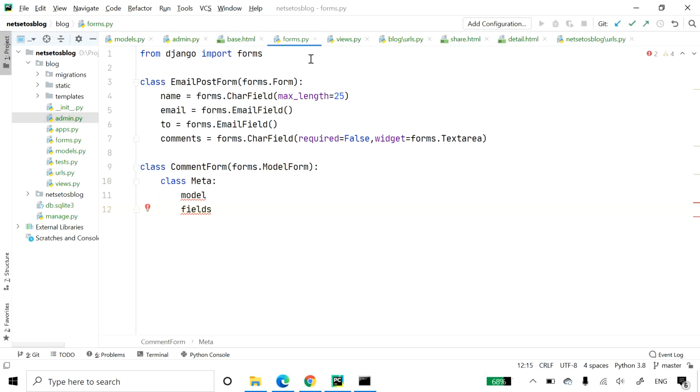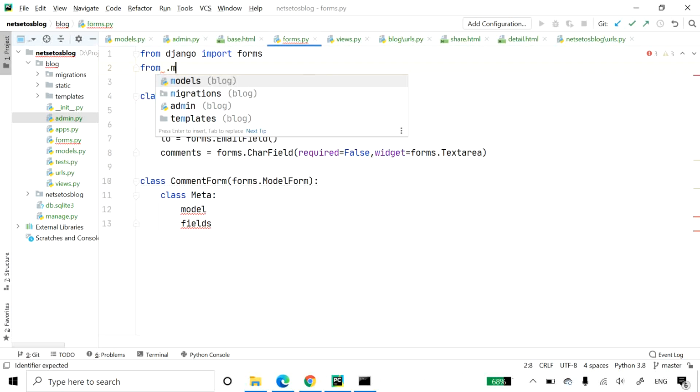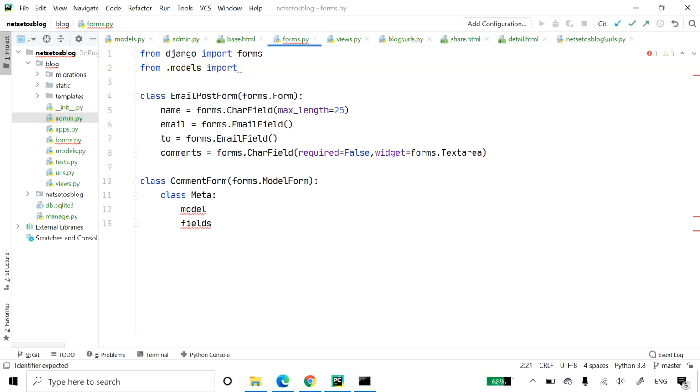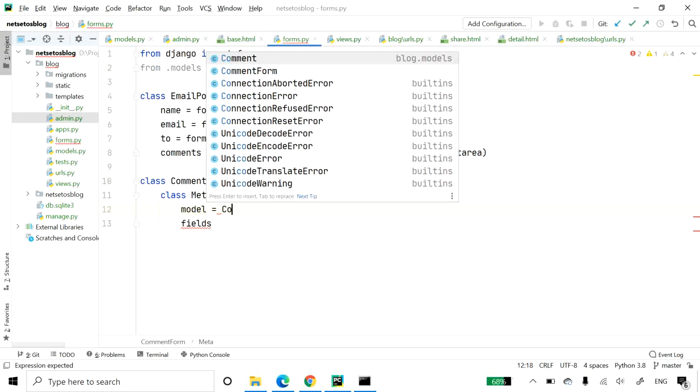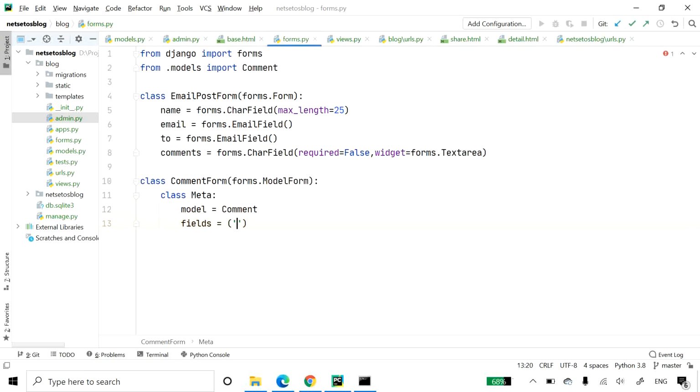Before that I will import Comment also, so I'll write from .models import Comment. Now let us have Comment over here, and in fields: name, email, and body.